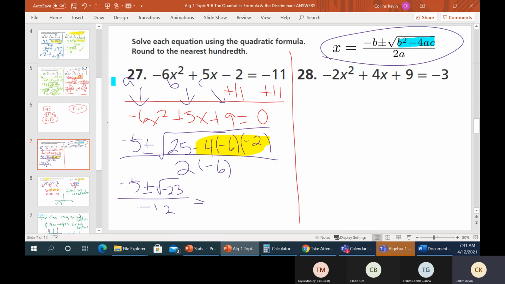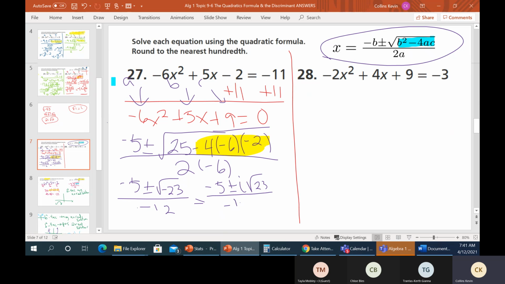The only thing you have to do to change this answer is, since you have a negative sign, the way you can take care of negative signs, anytime you have a negative under a square root, get rid of the negative sign and bring an i out front. So that's what we'll do here. So we got minus 5 and then plus or minus i times the square root of 23